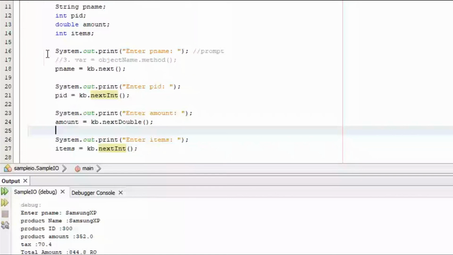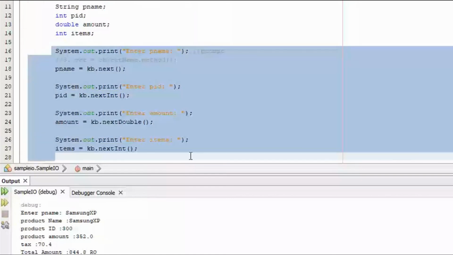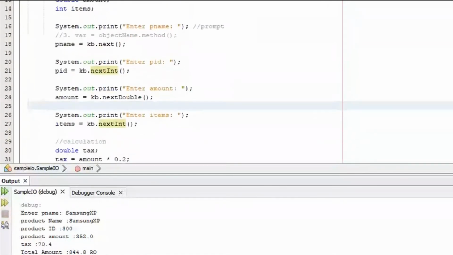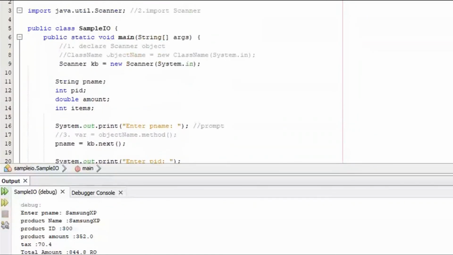So we now have our prompt and input for all the four values which we need. We input the product name, it's there. We input the product ID, it's there. The amount of the product and the number of items, how many you would like to buy. So those are our input methods applied in this program.